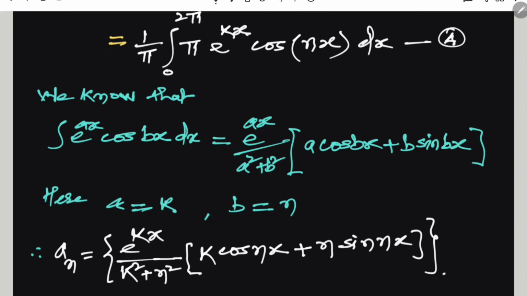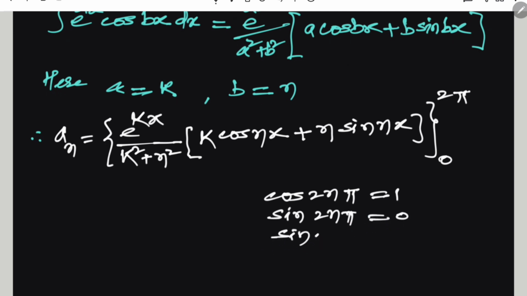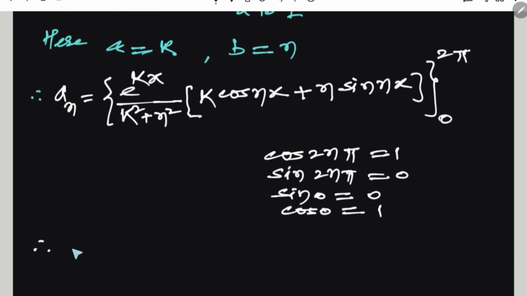Limits for the outer bracket from 0 to 2 pi. Substituting the upper limit, we know the values: cos 2n pi is 1, sin 2n pi is 0, sin 0 is 0 and cos 0 is 1. These four values for the limits, and then using these values we get an as e raised to 2k pi